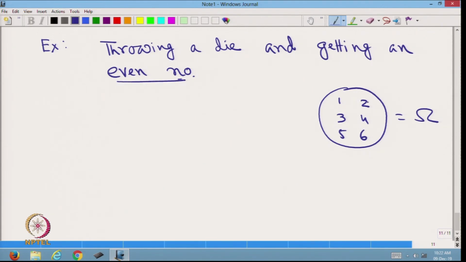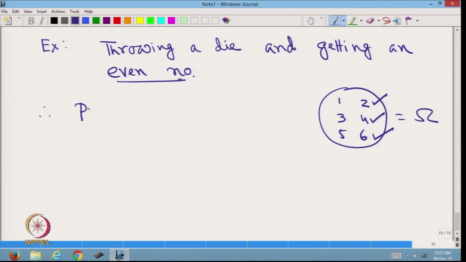That event will occur if the outcome is 2 or 4 or 6. So, this event can occur in 3 different ways, and there are 3 other ways when the event will not occur. Therefore, by Laplace's